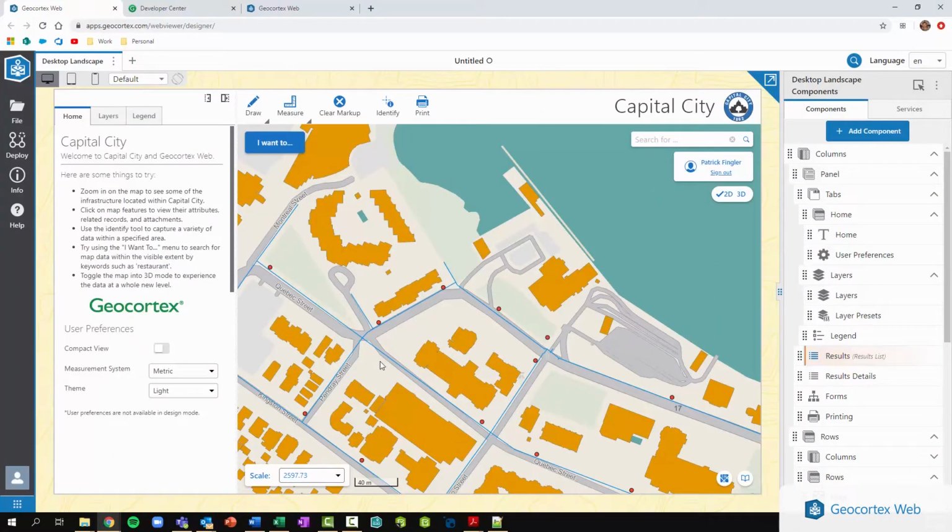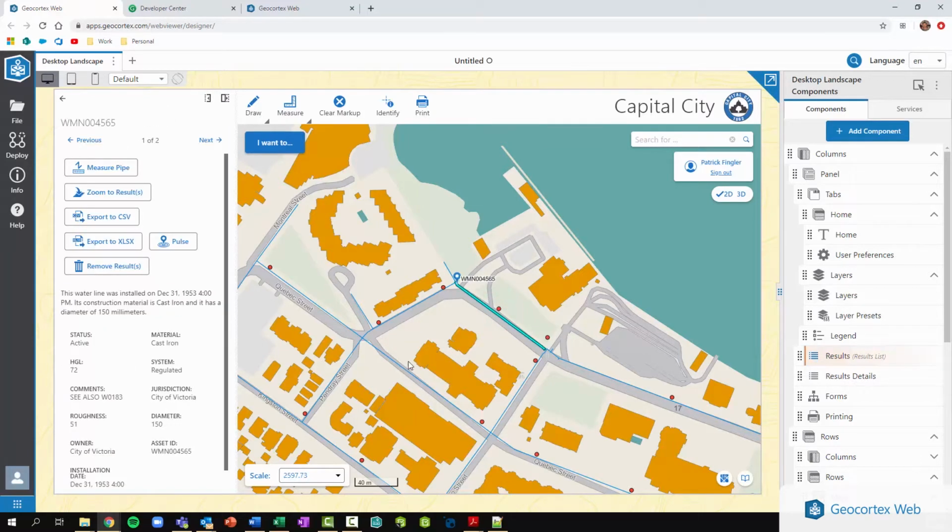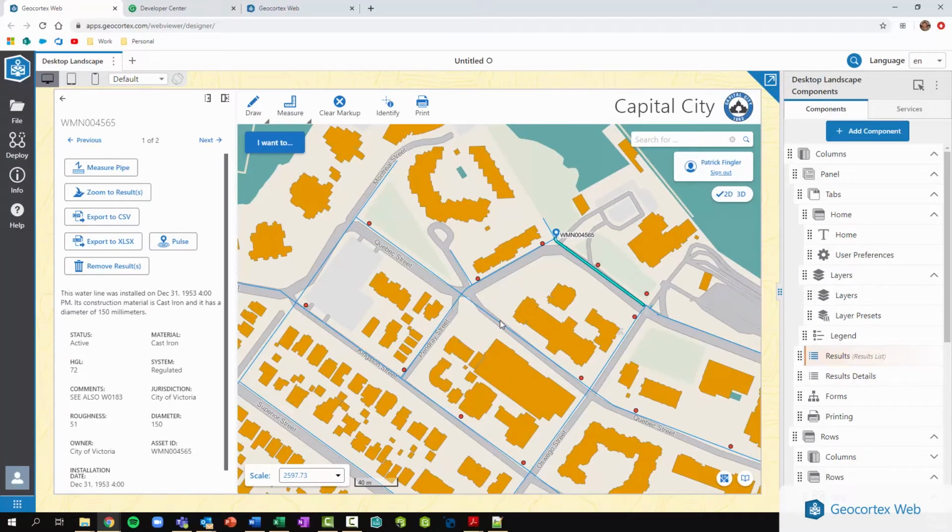Okay, so here we are in Geocortex Web, and I'm going to show you how you can configure the events that get fired in Geocortex Web to do a variety of different operations to make the user experience better for your end users. What's interesting about Geocortex Web is when you click on a feature or pan the map, there are events essentially registering that user input, and then they'll be firing a variety of different commands based